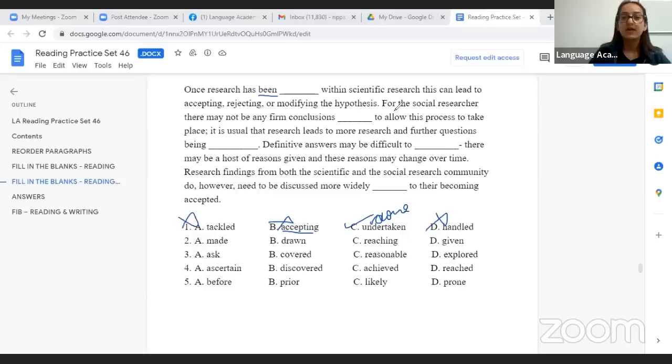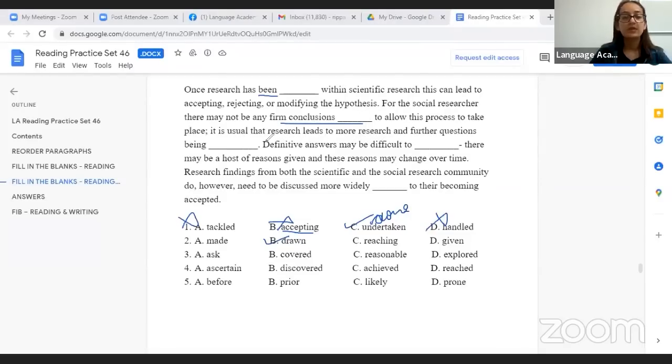modifying the hypothesis. For the social researcher, there may not be any firm conclusions dash to draw this process to take place. So any word that matches with conclusions, made, drawn, reaching, and given, it's a collocation. With conclusions, the verb that we use is always draw. We draw conclusions. It can be in any form. Draw conclusions, draw can come first, or conclusions drawn, drawn can come as third form after conclusions as well. But this is a combination, conclusions and draw. So any firm conclusions drawn to allow this process to take place, it is usual that research leads to more